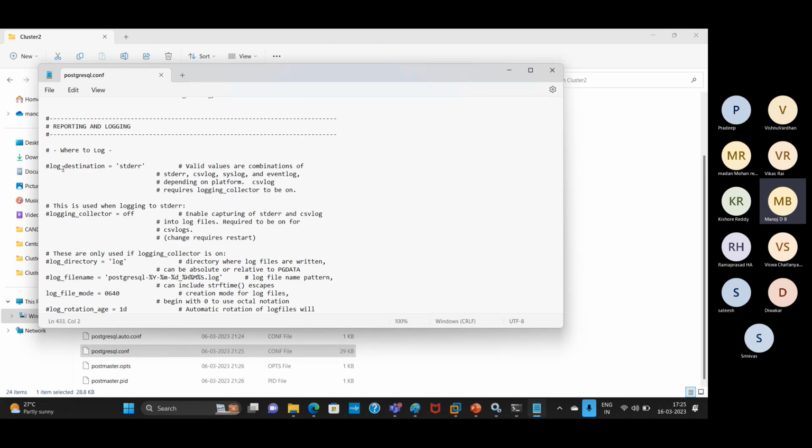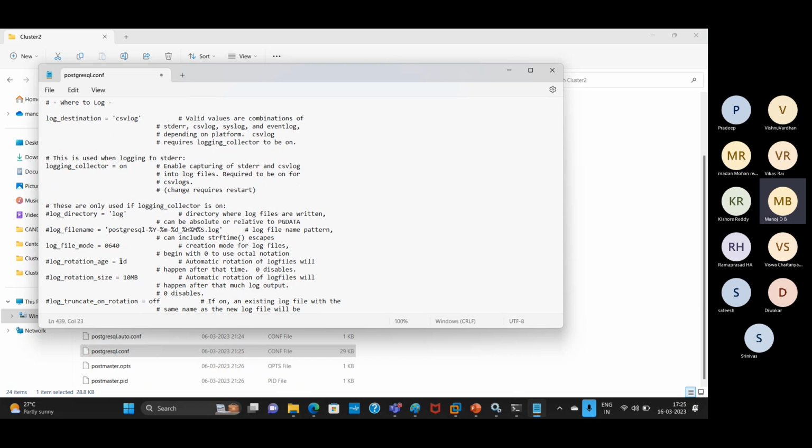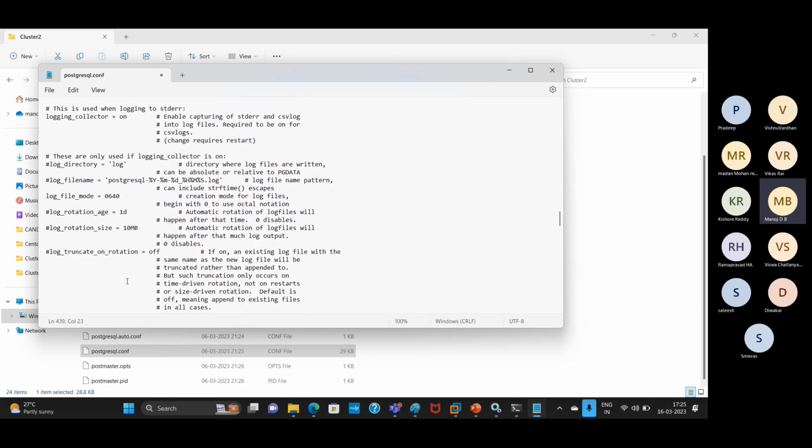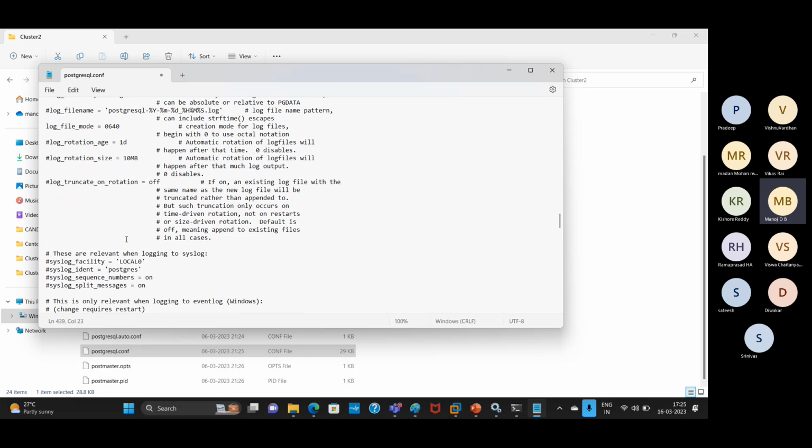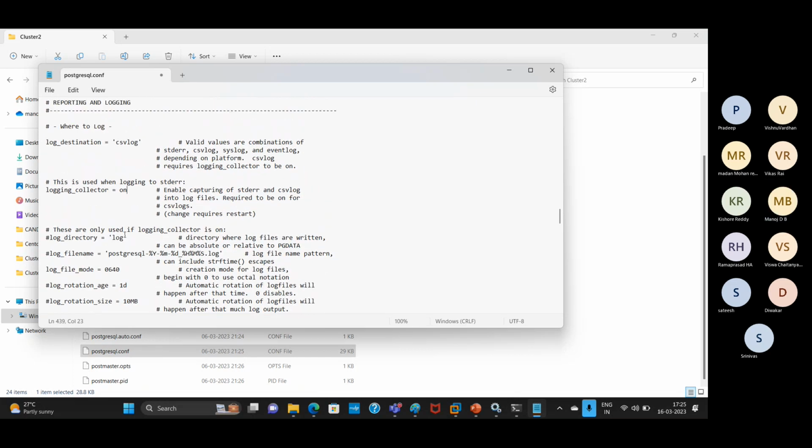Here I will specify CSV log. Logging collector is off, I'm going to turn it on. Okay, 10 MB as specified. Let me Ctrl+S